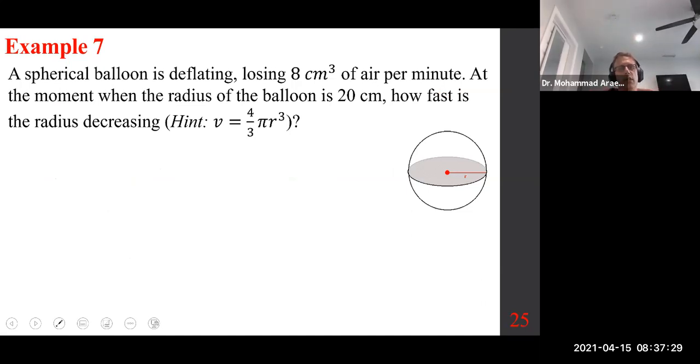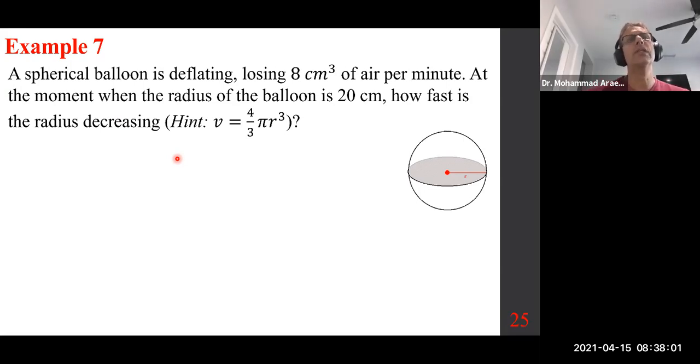Here's another one. A spherical balloon is deflating, losing 8 cubic centimeters of air per minute. At the moment when the radius is given as 20 centimeters, how fast is the radius changing? Positive means increasing, negative means decreasing. In case they may give us the wording changing, and the sign tells us what's going on. This is a formula you're supposed to have. The volume is 4/3 pi r cubed. We have dealt with that